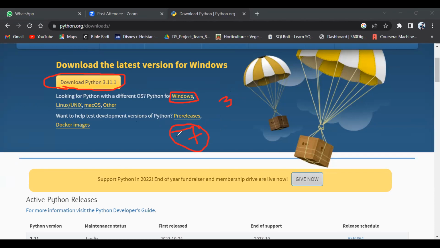So if you have Windows 7, simply go for the 3.7 version. Windows 10 Pro, 11 users can simply download the 3.11.1 version.